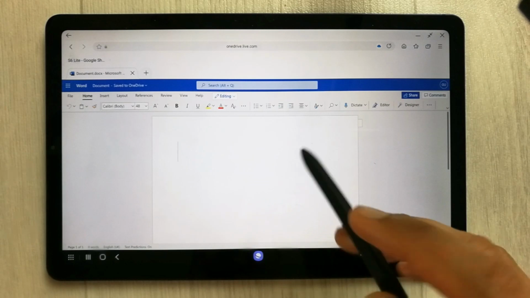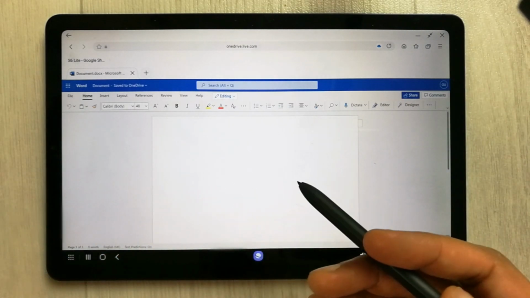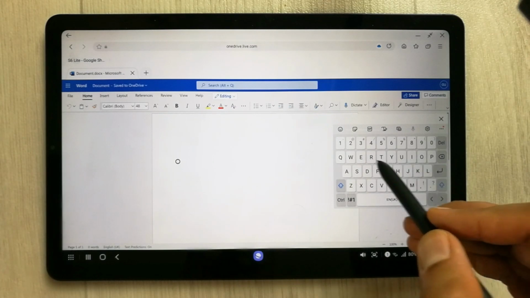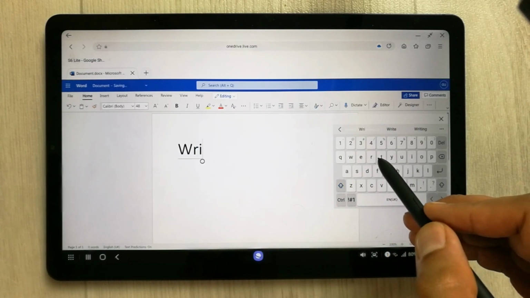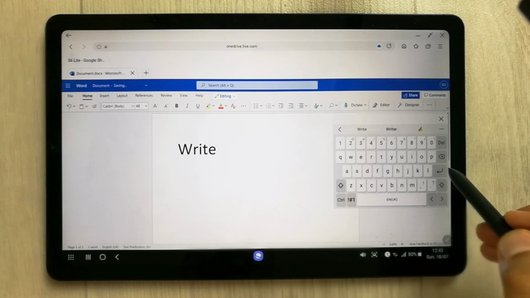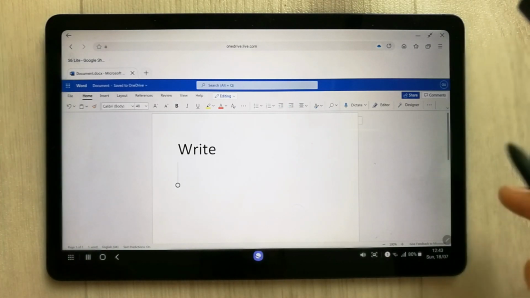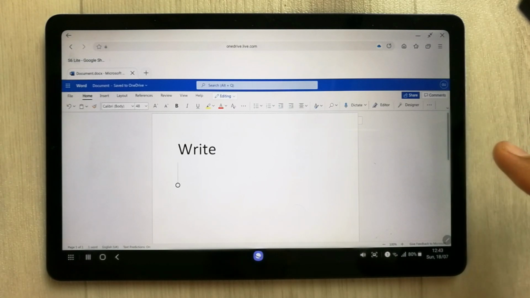So you can see over here, it has all the tools that you can use for your office. Okay, if you want to write anything you can write over here, and all the tools are available. You can save it. The next thing that I want to mention here is the Office gives you 5 GB of storage in the cloud.